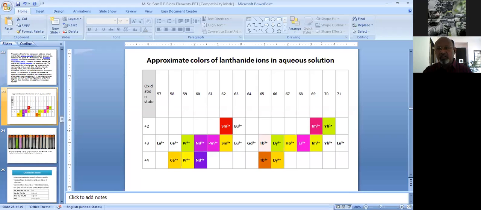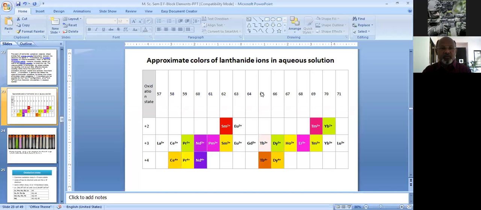We have seen all these parameters yesterday. Today we are going to see the remaining parameters with regard to lanthanide elements. These parameters are the colored ions and the lanthanide contraction. I am going to show you the slide where the color of all these elements can be seen very easily. So if you see this slide, it is seen that